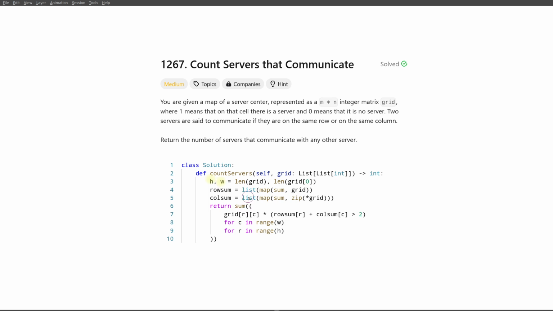Of course, we remember the height and width of the grid in a standard fashion, and now we'll be calculating the sum for every row and sum for every column. So sum for every row is just mapping the sum over the whole grid. For columns, we have to do the same but over columns, so we again map the sum, and we take